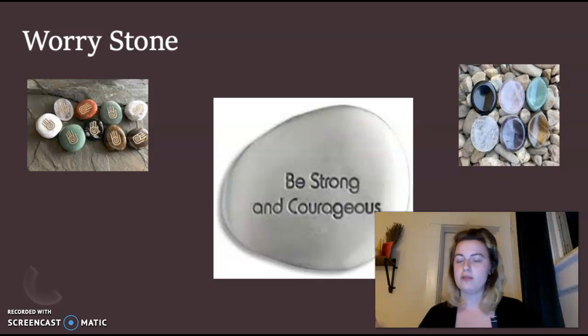So when I imagine my future classroom, I kind of imagine a bowl of worry stones or soothe stones, and students can kind of just take them as needed. But having that accessible, or having other things accessible to my students, especially my students who may be on the spectrum, is really important.